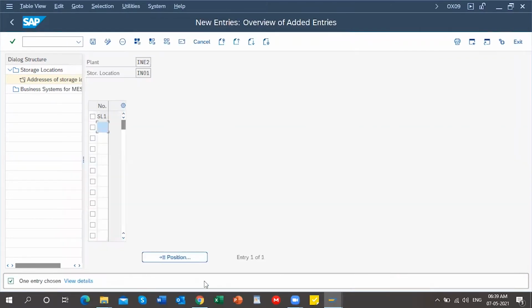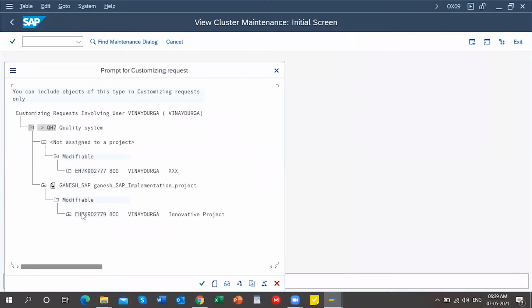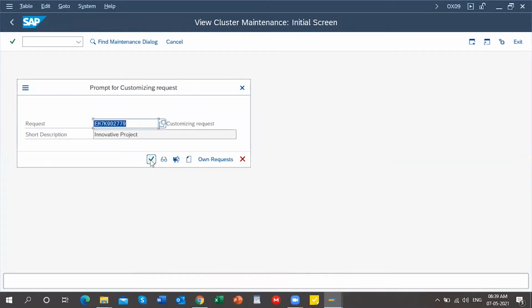Just continue and save this in a customizing request number. I'm maintaining this on a single customizing request number. I'll tell you why you need to maintain a single customizing request number.